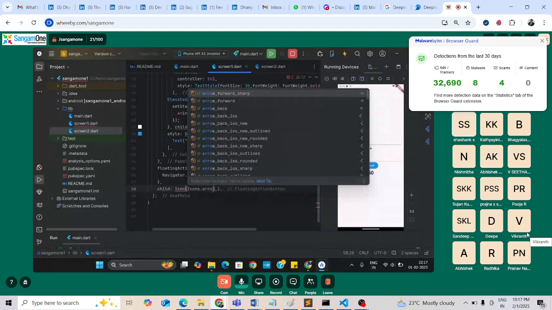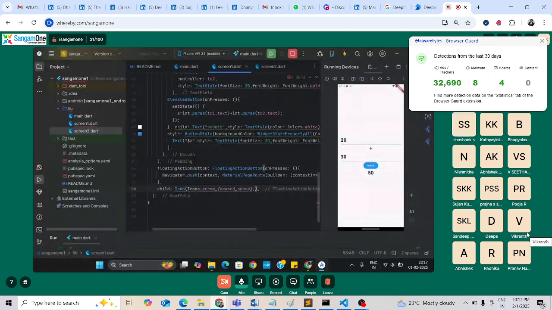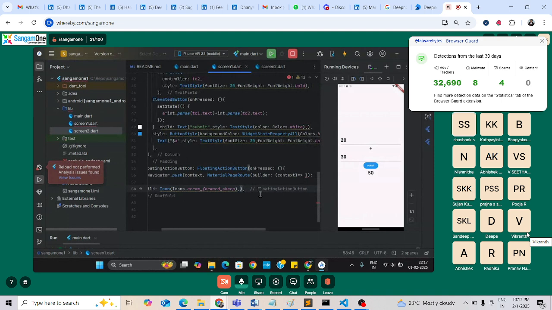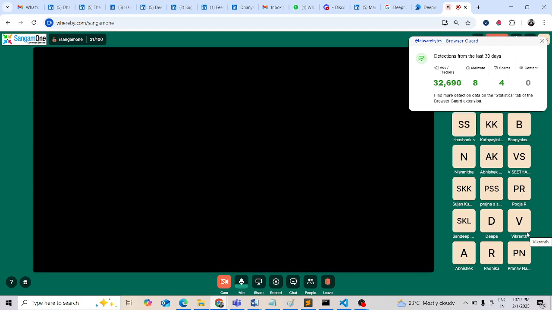So he is giving an icon, which is an arrow icon, and on press, he is moving into screen 2. So in line 56,